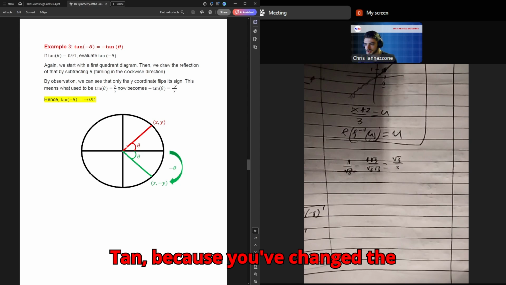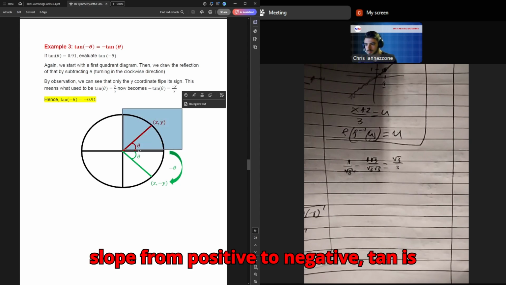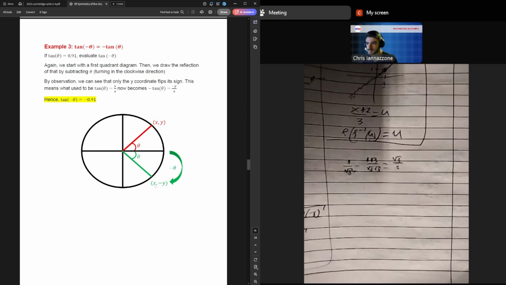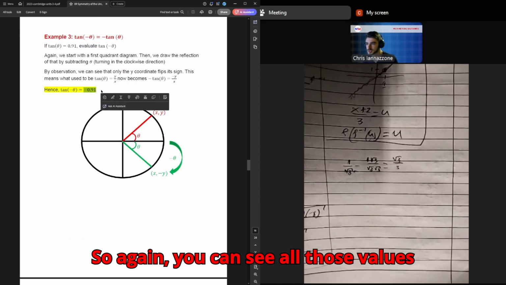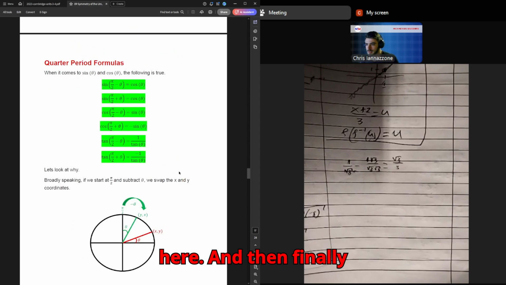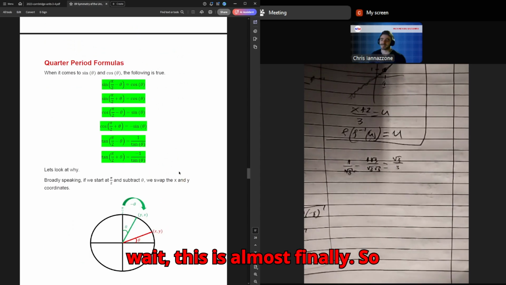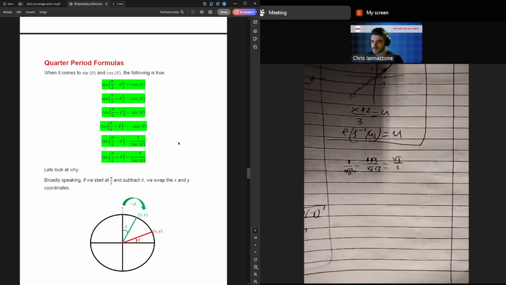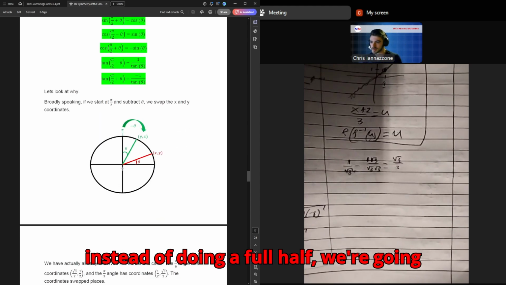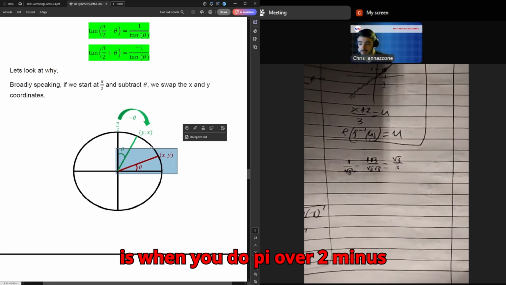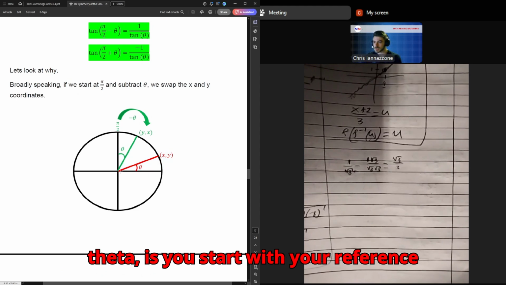Tan, because you've changed the slope from positive to negative, tan is now negative in this spot. So again, you can see all those values here. And then finally, the quarter period formulas, or at least, wait, this is almost finally. So fundamentally what's happening here is instead of doing a full half, you're now doing quarters. And the way that works is when you do pi over 2 minus theta, you start with your reference